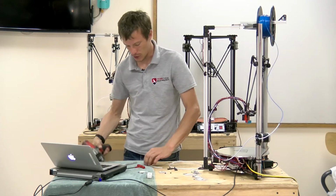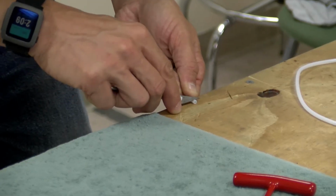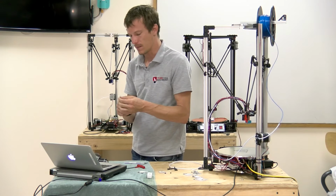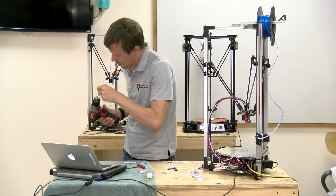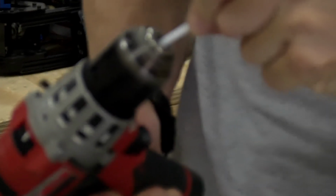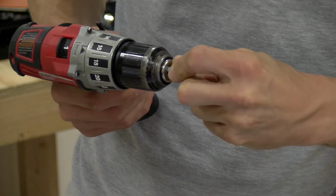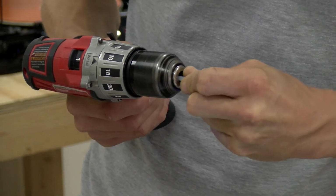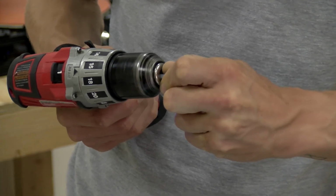Get the nut chucked into the drill, and then cut a slight angle onto the tube to help thread it into the nut. What you're going to do is stick the tube in the drill right into the center of that nut and hold it as firmly as possible, and then slowly spin the drill. What you want is for it to catch and start winding